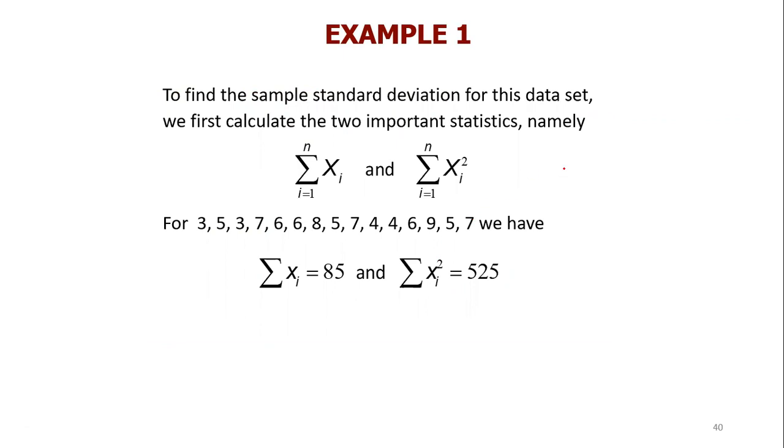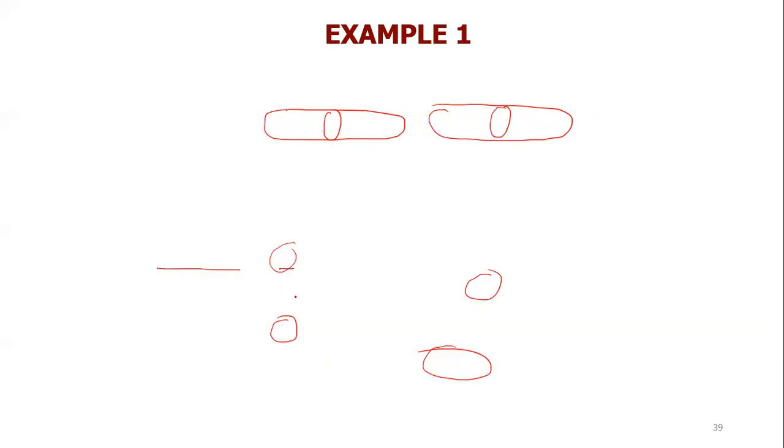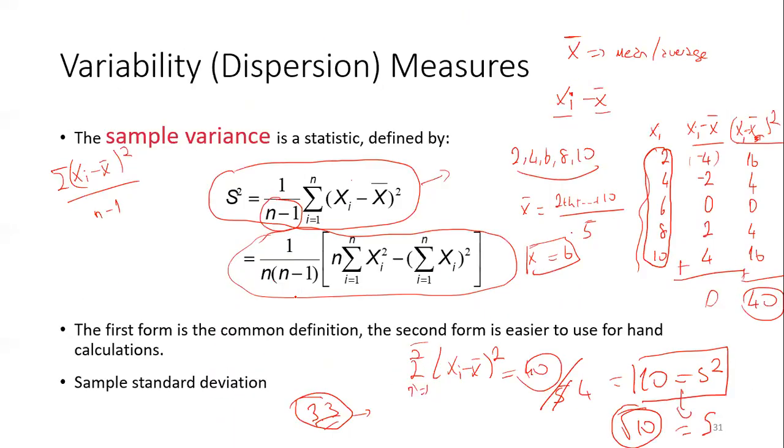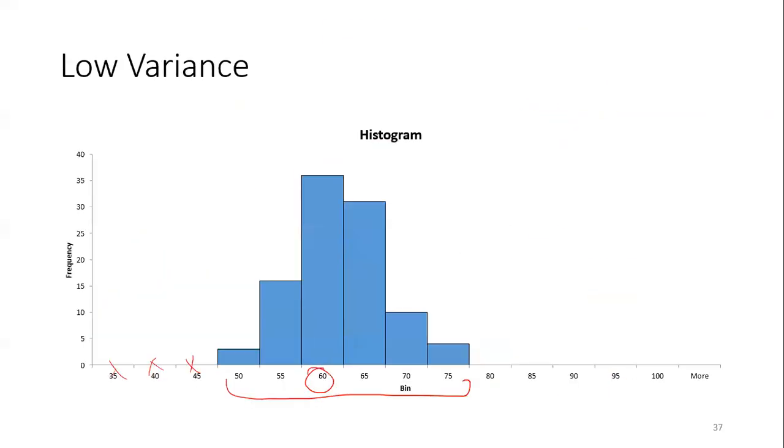So what is the standard deviation of the data? You take the difference between the numbers and the average, which is 5.67, and square them. Remember the formula: square them and divide by n minus 1. We also have another formula: the sum of xi squared times n minus the square of the sum of xi, divided by n times n minus 1. If you apply this formula,